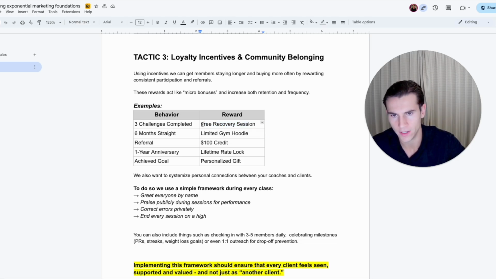You just want to make sure the reward is actually worth something, because 99% of the time when gyms do this, they give away something that is super non-valuable. Like, hey, here's a $10 gift card to Starbucks. And no one cares about that. Make it something good. I've had clients give away a ton of cash, like $1,000 cash, or even more than that, or a $500 gift card, something where people think, oh my God, I want this. Not something where they're like, okay, not super interested.